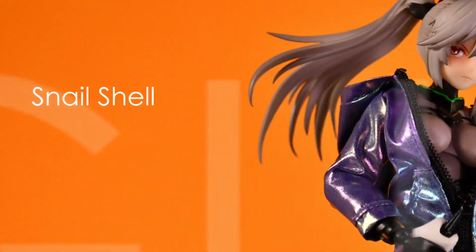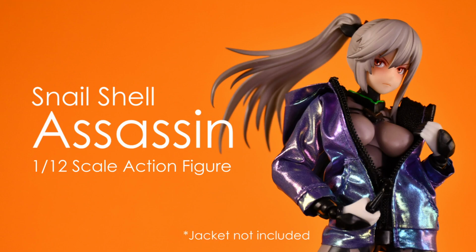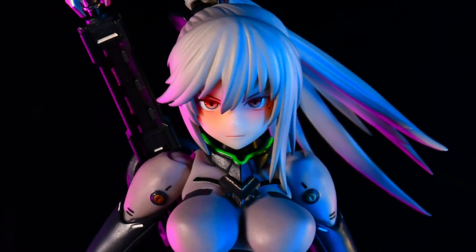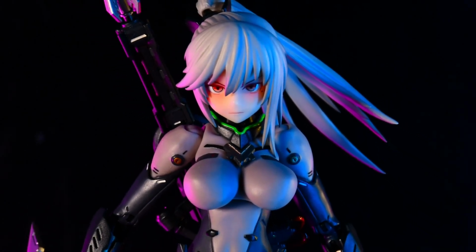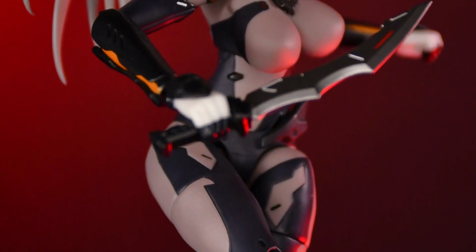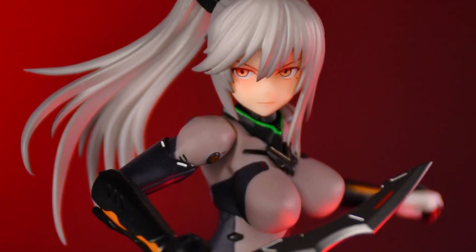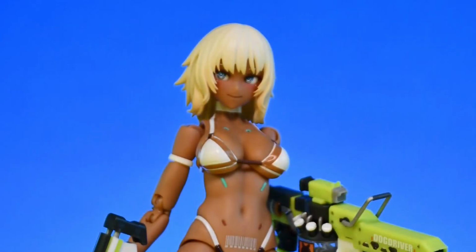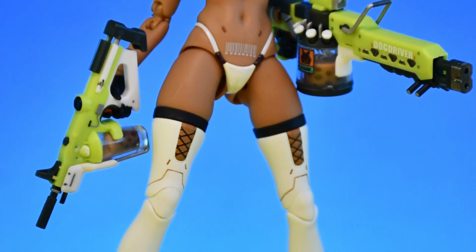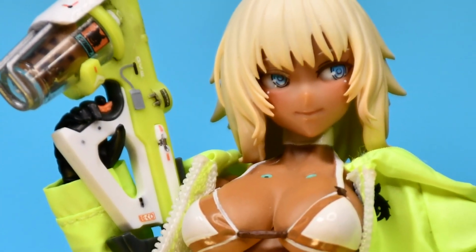Today we're looking at Snail Studios' Assassin 1/12 action figure. She released in June 2023 for around 14,000 yen, which is about $100 US. Snail Studios has been making figures for a while now, and this is my second figure from them. I was very impressed by their Tapigal Milk T Girl, and it made me into a fan. You can check out my review of Milk T Girl by clicking the link on the screen or in the